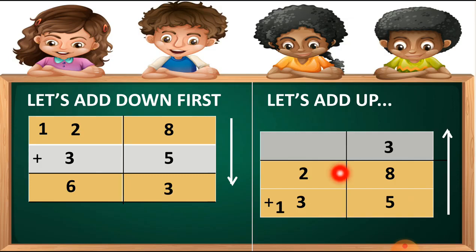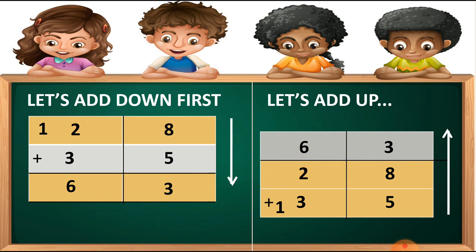You can see here, I write number 3 here. Now students, at the tens column, let's add this 1, which is the carry forwarded number, then 3 and then 2. So the answer of the tens column is 6. So you can see both the answers are the same, 63, and here is also 63. So our sum is right, our answer is right.